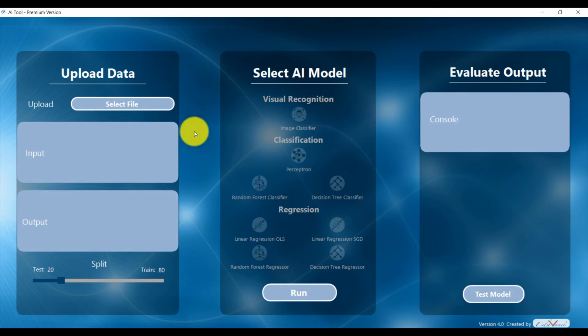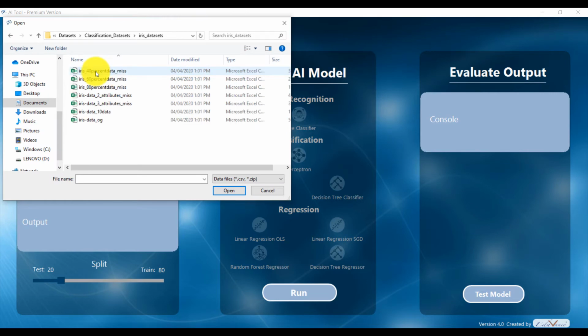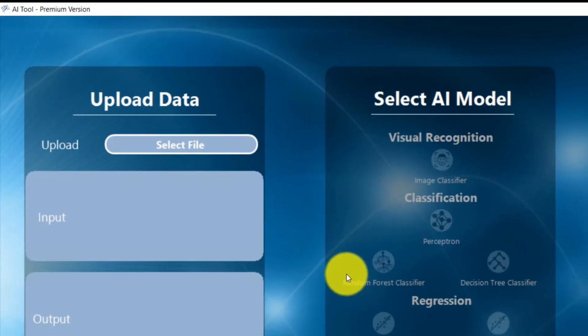So first we will upload the data. Let's go ahead and select the data in your computer. We will go to the iris data sets and there we will select the data set called iris data OG. Do not worry about these remaining data sets. I'm trying to show you something later. So we select iris data OG and then we say open.